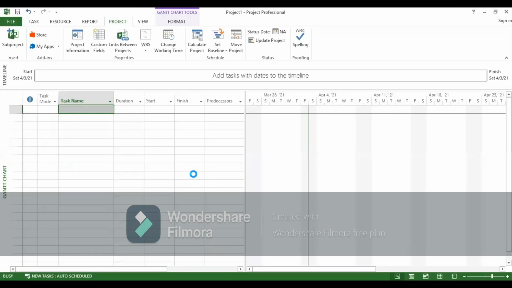Next time, you need to control the predecessors and successors, and change the duration into hours. Okay, and I hope this session